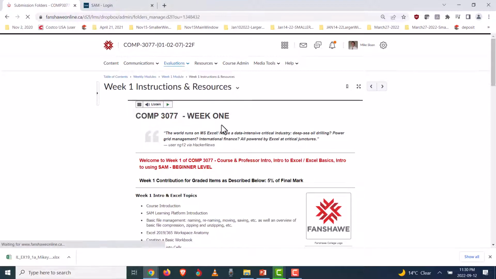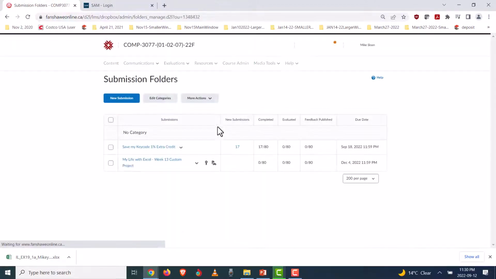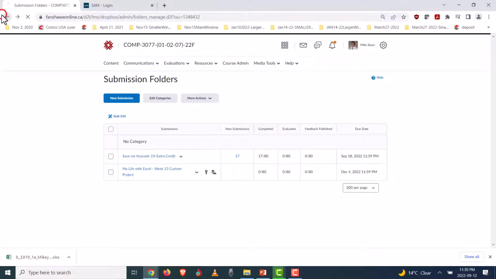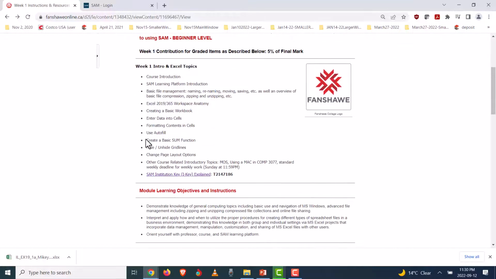So if you do already have your key code, get it in before the end of week 2 and you'll get 1% extra credit. So back to the week 1 content, you may have noticed that a little bit down